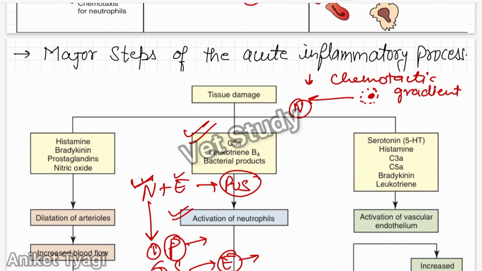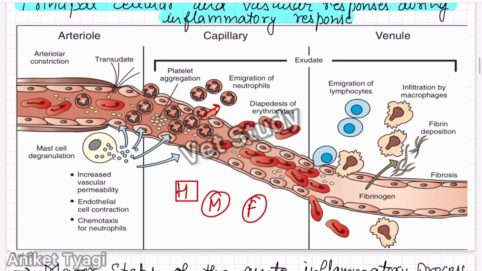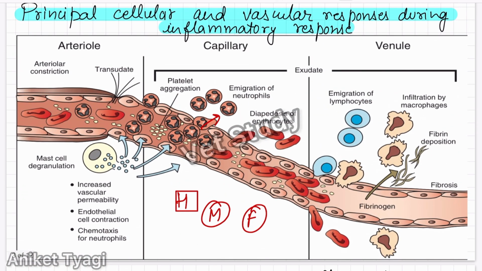So there is the leukocyte adhesion cascade. We will discuss what the leukocyte adhesion cascade is. This is important. There are three steps in the leukocyte adhesion cascade. The first step is movement and attachment to the luminal surface of capillary and venule. As we have already discussed, these neutrophils will attach to the luminal surface. So this is the luminal surface, the inside surface. These neutrophils will attach to the luminal surface, and after their attachment, the second step occurs,